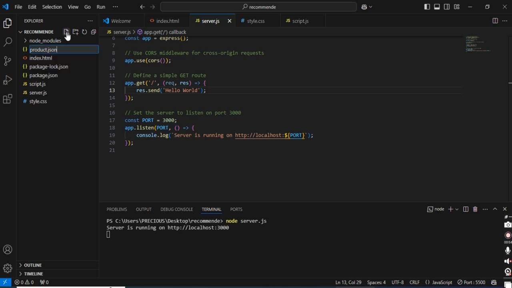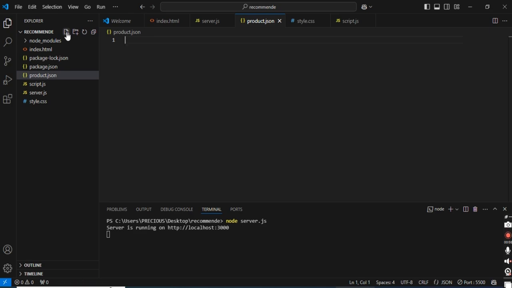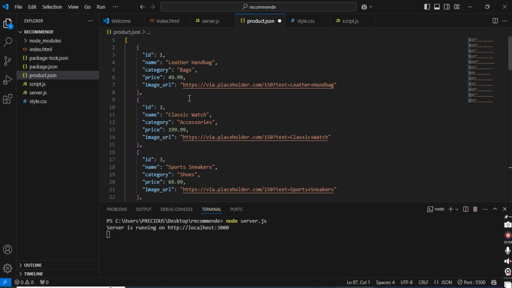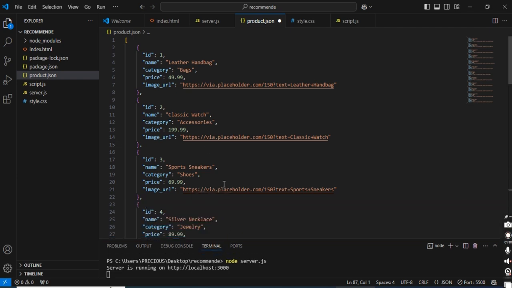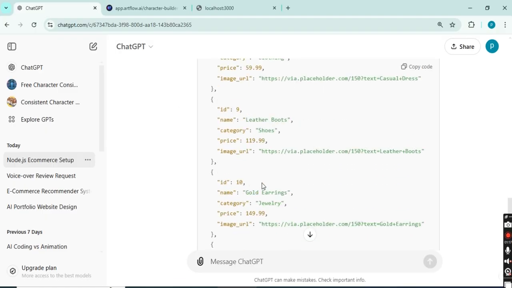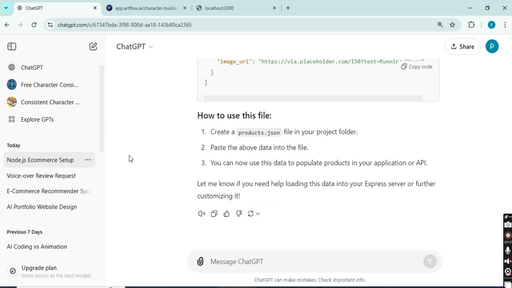Once we've created the file, we'll paste the sample code provided by ChatGPT directly into it. The data is structured as an array of objects, so each product entry has the attributes we specified: ID, name, category, price, and image URL. This products.json file will serve as our mock product database, allowing us to test the recommendation features and functionality of